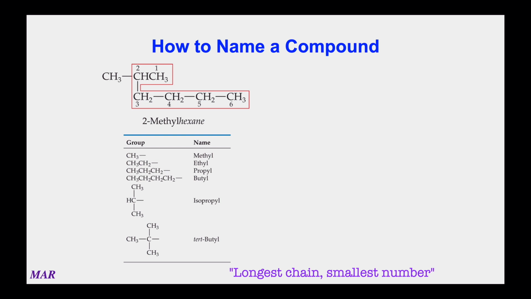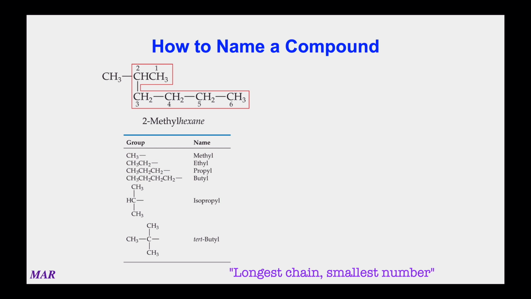You could have also started on the left-hand methyl, went to number 2, and then 3, 4, 5, 6, etc. The goal, though, is to find the longest chain of carbon atoms. That's going to be the base. So because the longest chain of carbons is 6, that's going to be a hexane. But not in the hexane part that's circled is a methyl group.